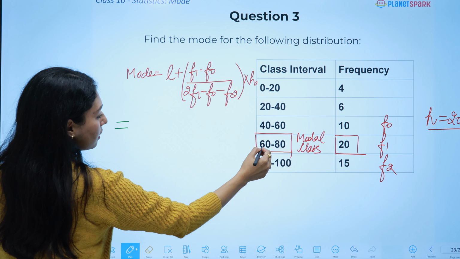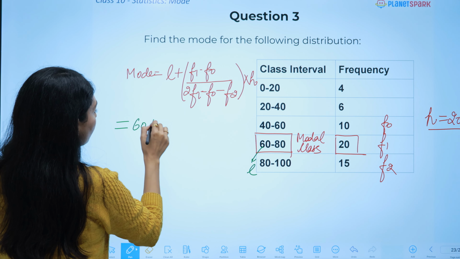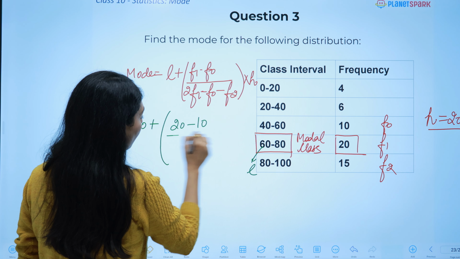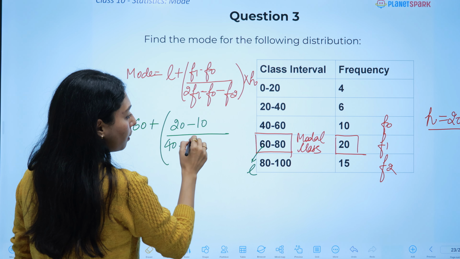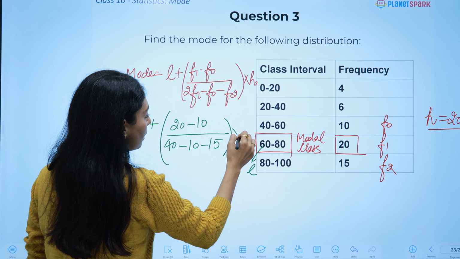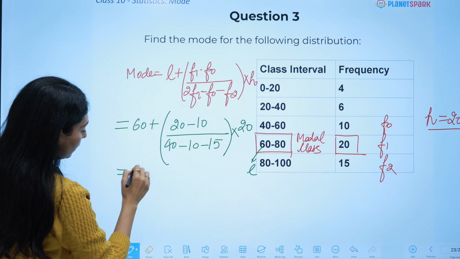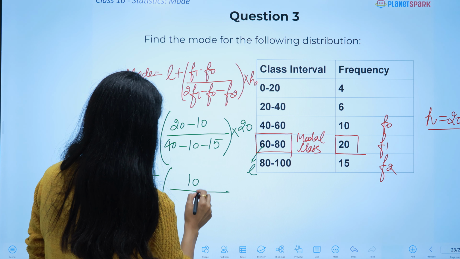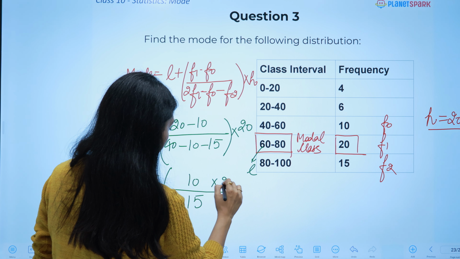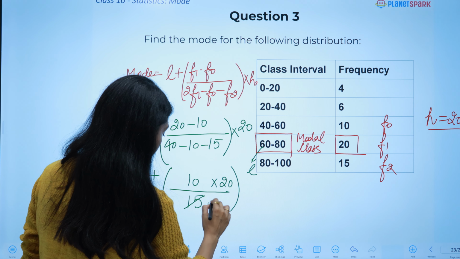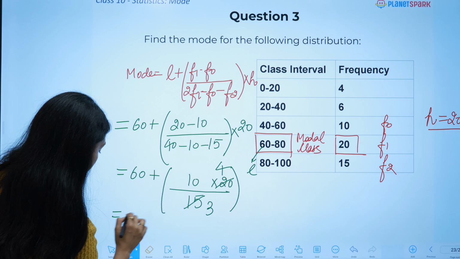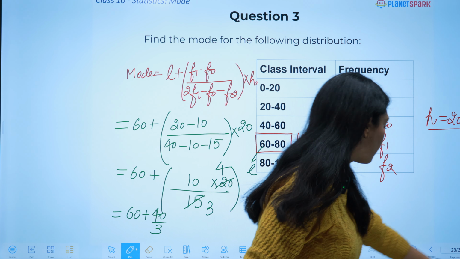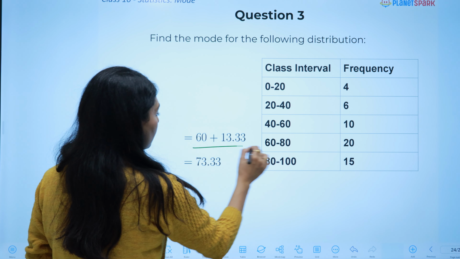Lower limit 60 plus f1 minus f0, 20 minus 10 upon 2 times f1, 40 minus 10 minus 15 into 20. Let's do the calculations. Right. 60 plus 40 over 3. Okay, just do the calculations and verify the answer, everybody. That will be 60 plus 13.33, which is